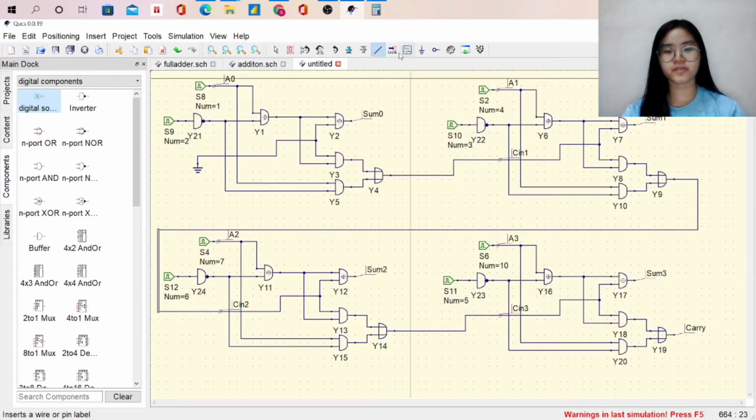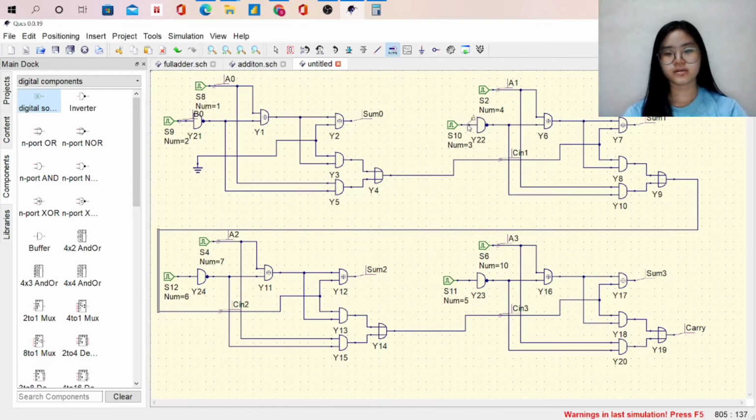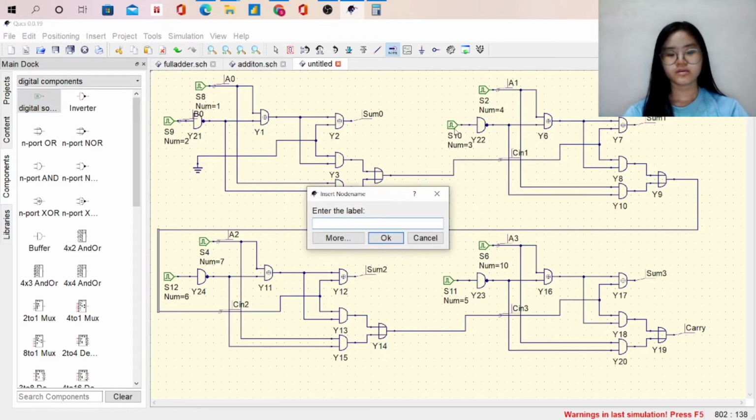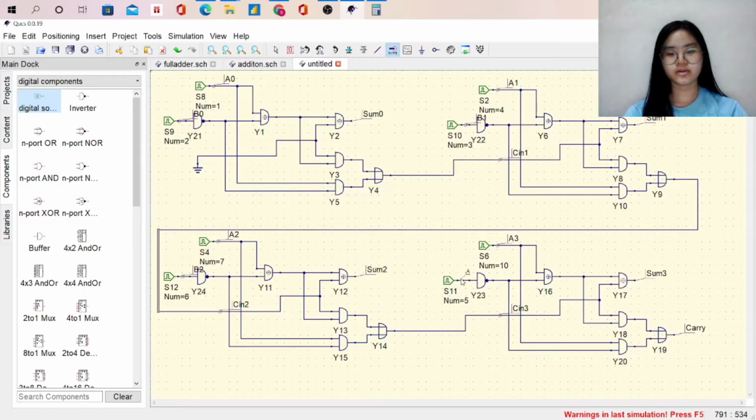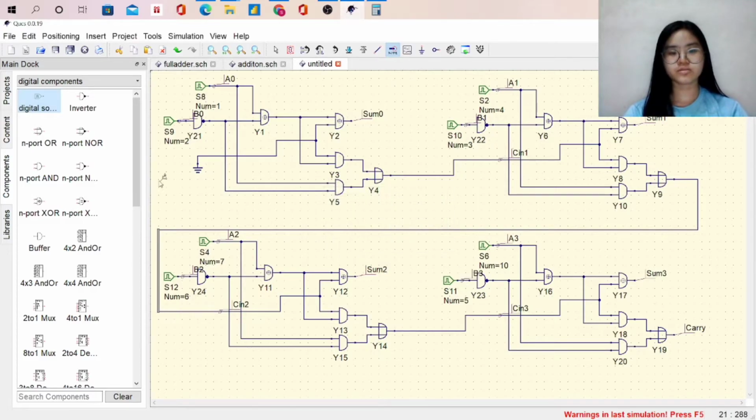After all of this, we need to add back the label B. This is B0, and then here is B1, and then here is B2, and here is B3. And we also need to change the Cin in the first full adder because in the question